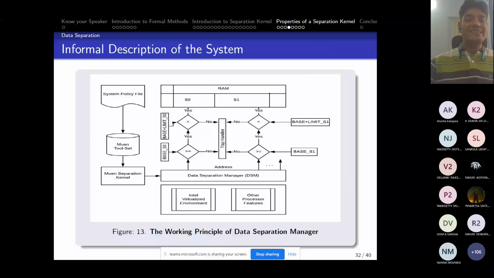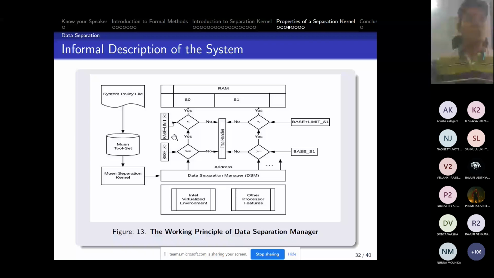And this is the working principle of data separation. You will have the Muen separation kernel, and if any subject is there, it will take the base register of the particular subject and check the limit register.